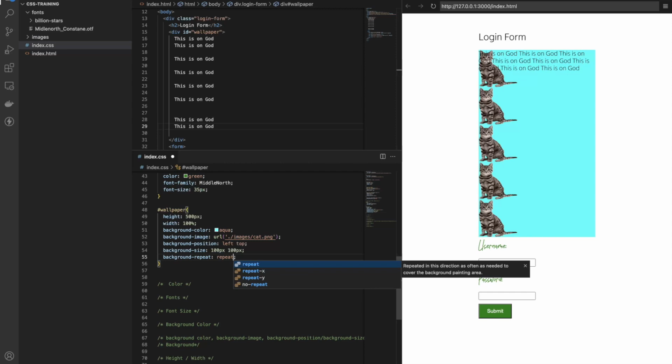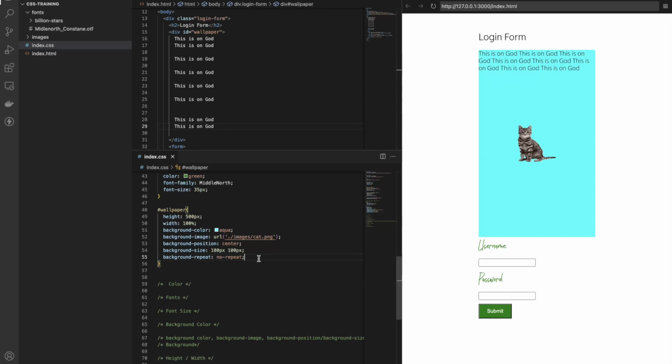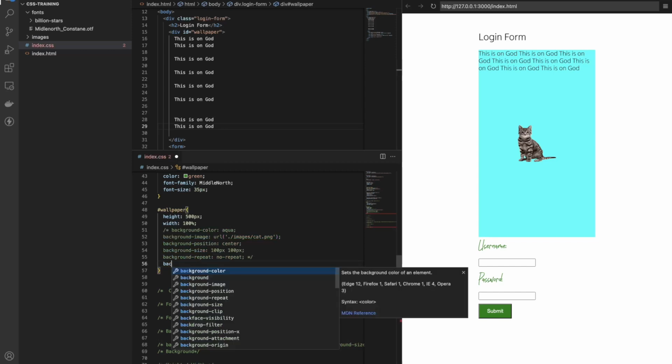Now that I have all these background properties, I could have what I call a background shorthand property, and I would put all of this together in it at once. My background shorthand property will take in a few background properties. It can take in background color, background image, background position, background size, background repeat, background origin, background clip, and background attachment in that order. Now let me hide this. Just watch me for 1 minute, and then I come here. I have my background property,